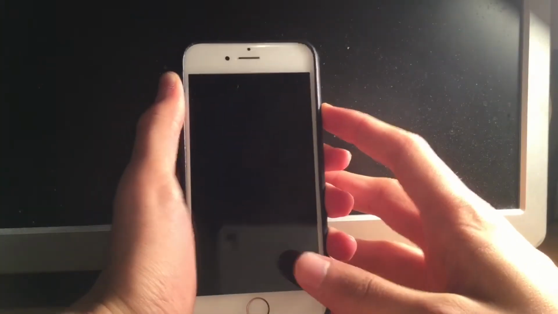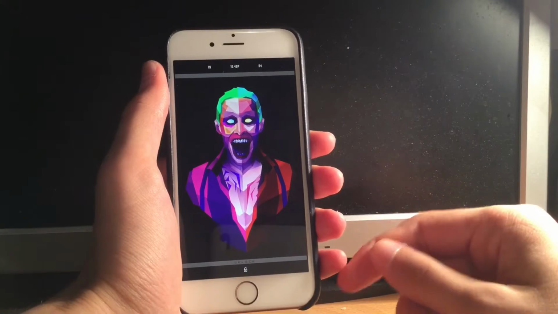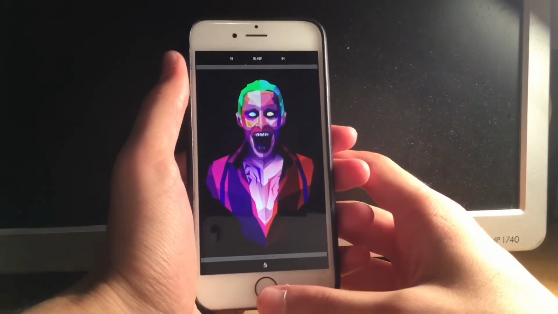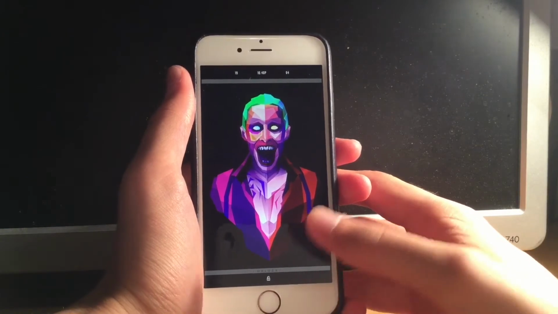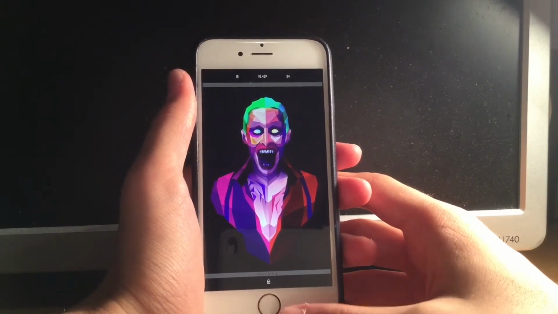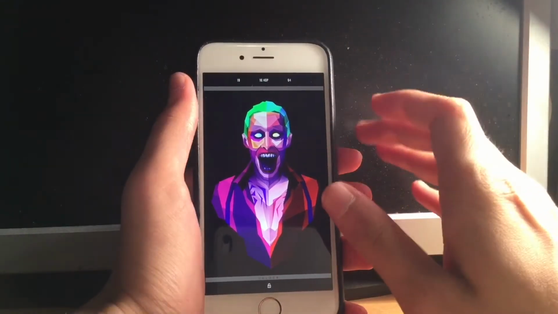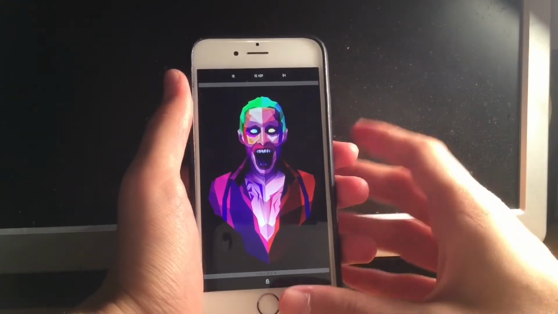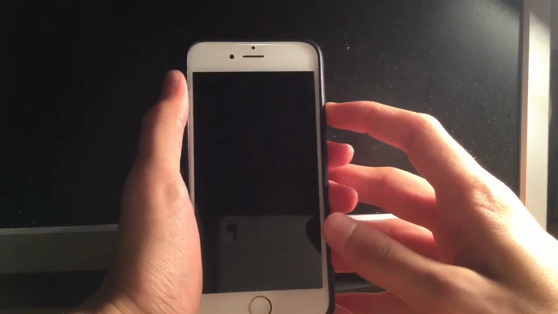So let's start with the theme, with the setup. And first of all, on my lock screen, as you have probably noticed already, I have a widget, and I don't have a lot of other things that normally appear there. Everything that is hidden on my lock screen is hidden due to HideMeX.